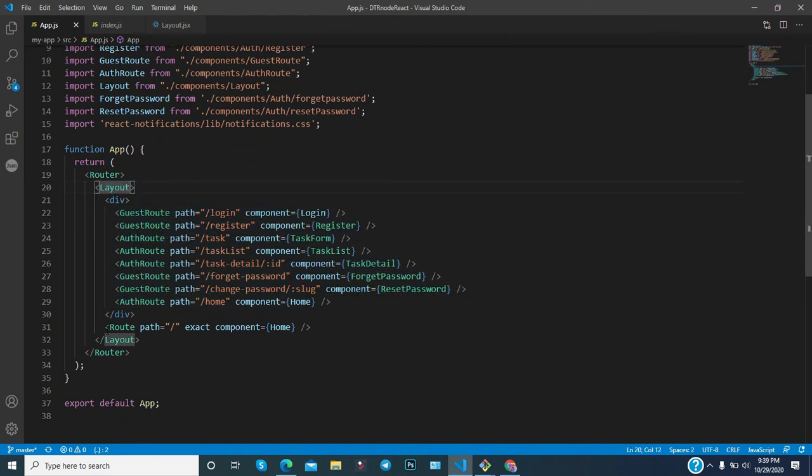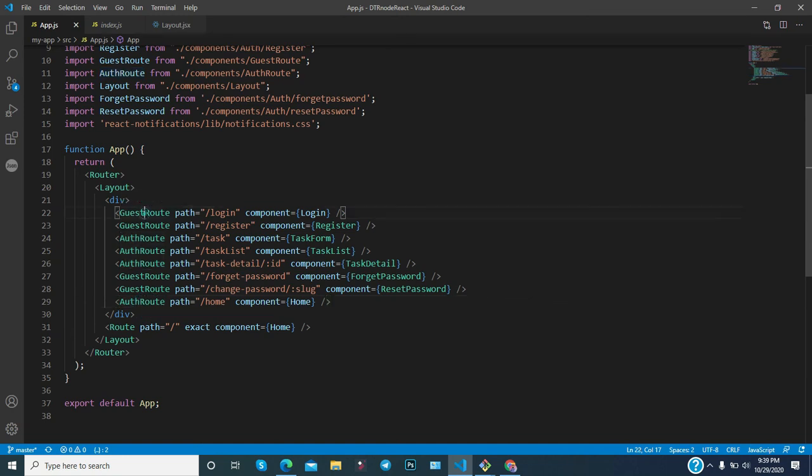This one is clear, and the router is also clear, because if you want to utilize the router, this is the basic syntax. In the router you have to define the route. If the path is this one, that component is the home component, and otherwise for the other it is another component.